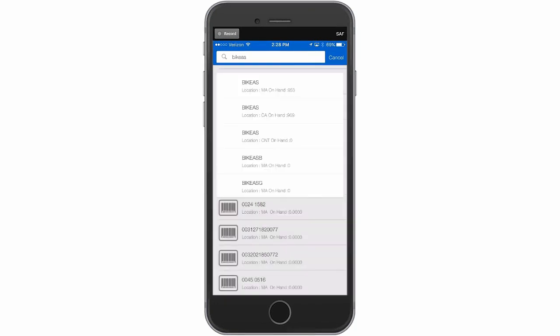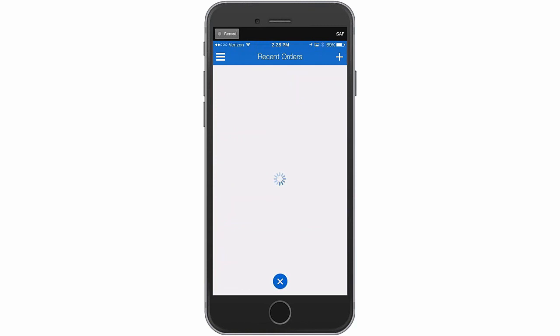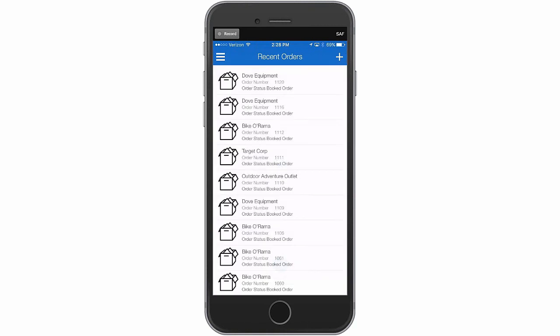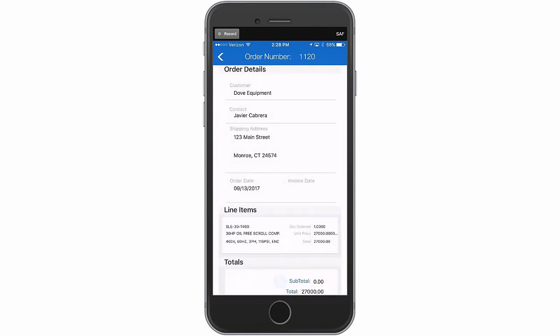There it is. So I've got 953 of them in Massachusetts. I should be in good shape for the orders that I've got going in for those particular items. Now you can review sales orders from here. You can open orders and enter orders from this interface. You'll see a list of open orders that we have here. Here's 1120, which is the order that we just put in for